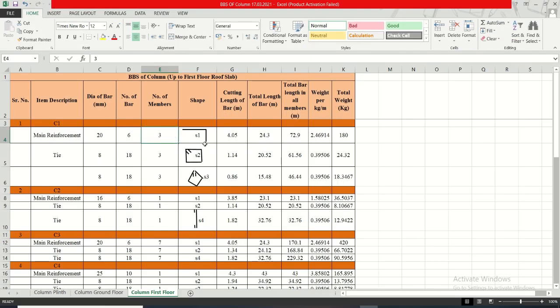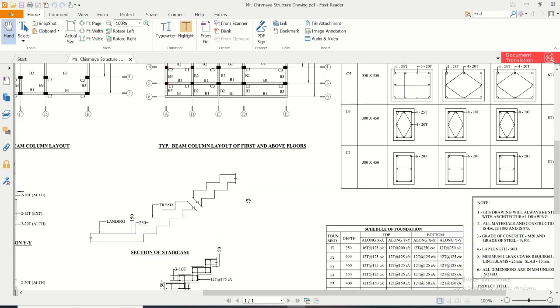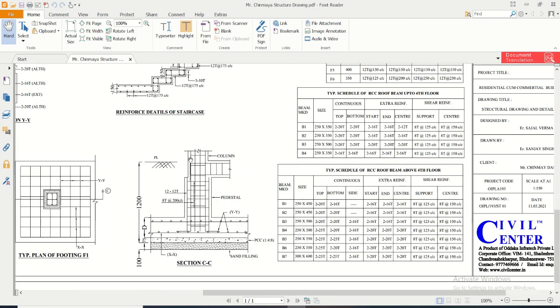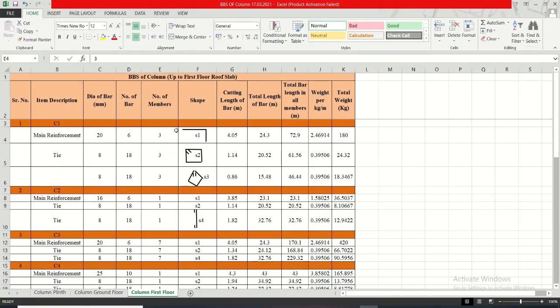Shape is like this. Why is the shape like this? Let me tell you. In this footing, as you can see, this column bar is going like this and it is going like this. So that's why the shape is like this. But here actually, for the column reinforcement coming out of the footing, it will be like this, but this one will be a straight one. So this should be a straight one like this. Okay, so this will be the shape of this main reinforcement, and shape is done.